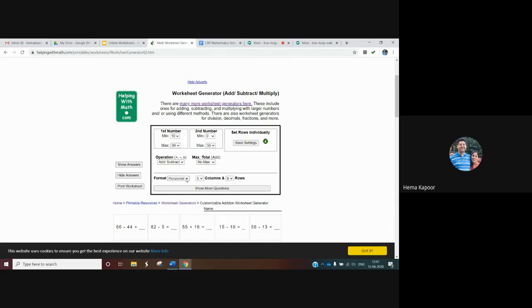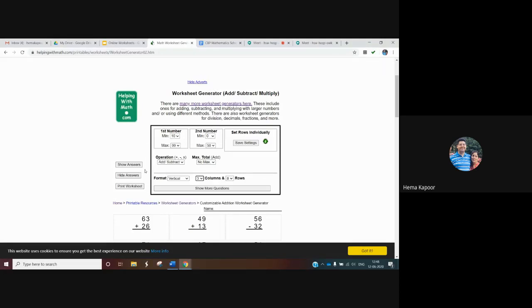Next one is the format. If you want the horizontal format, you can go for that, and if you want to change, then we go for the vertical format. I think the first time when we are giving the worksheet, vertical format is the best format. Later on, as an MCQ or to select fewer questions, suppose for 10 questions, then we can go for horizontal also. Next one is columns. How many columns do you want? For example, I want 5 columns, or less than that, for example, 3. And how many rows? Let it be, okay, 8 rows.